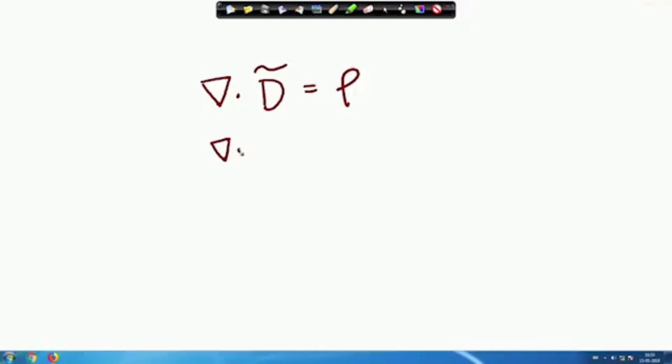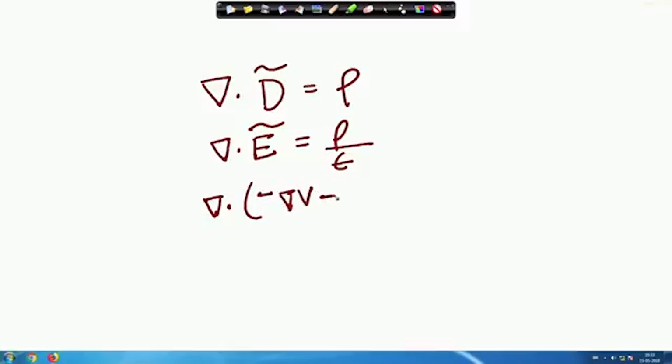From here I am hurriedly doing this: putting in the scalar potential definition, I can write this as, please remember, in electrostatics this is simply minus del V. In electrodynamics, the vector potential also should be added here, because that was our definition, if you remember, and then this becomes